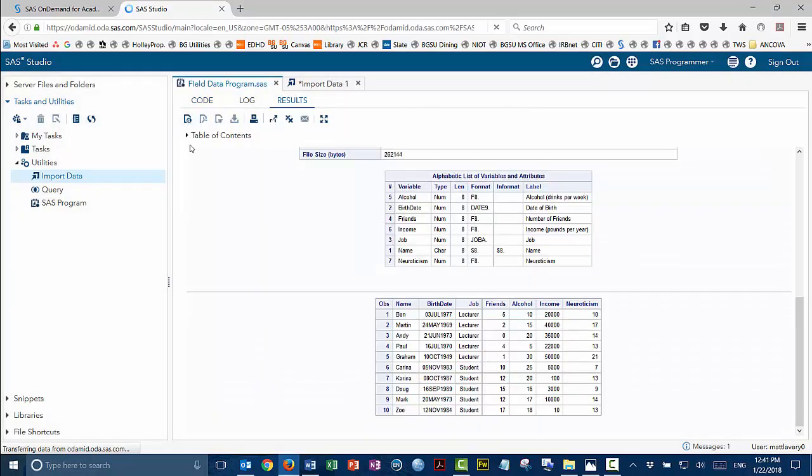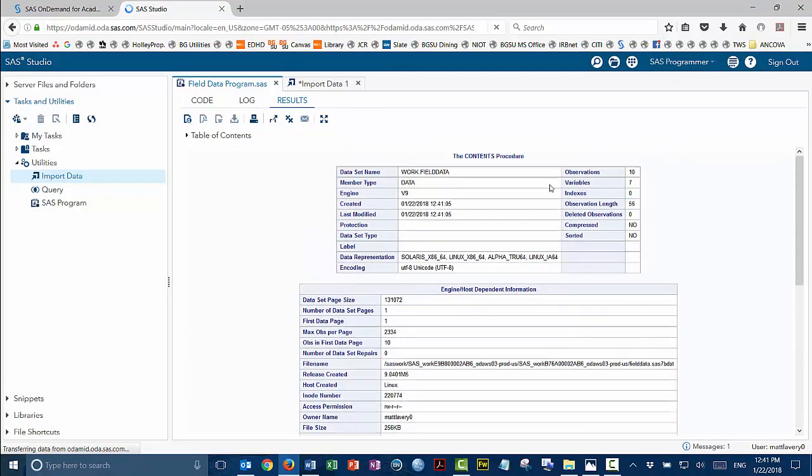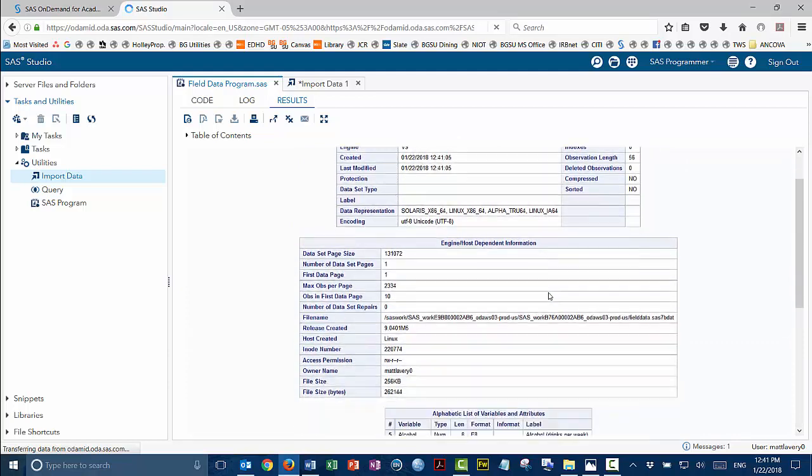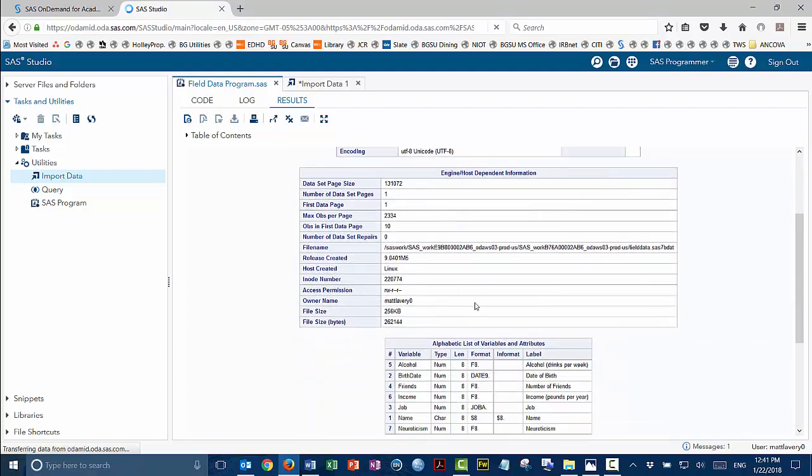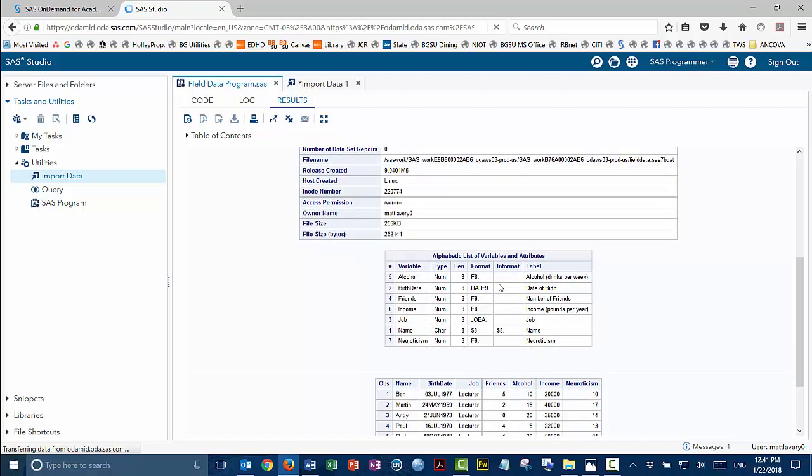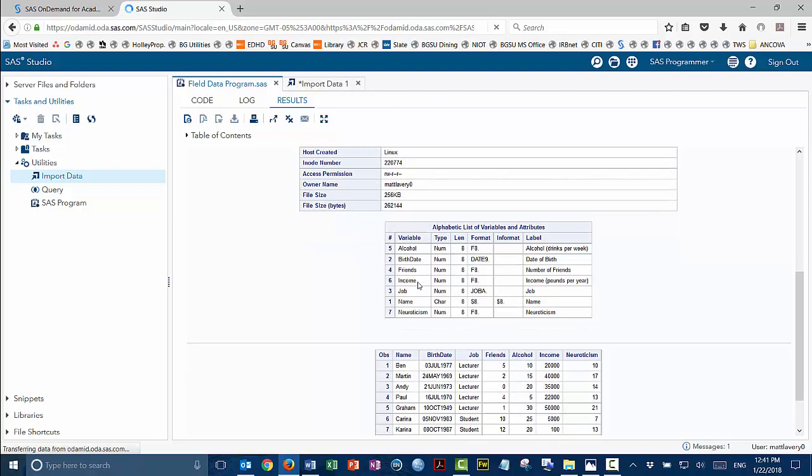All right, so it automatically comes to the results, and let's take a look at this. This tells me what it did. Here it sort of goes through some of the stuff that happened on the server, and then finally it tells us these are the variables that it read in, listed alphabetically, but the variable number is also here, so remember name was the first variable. And then it also decoded the format. It brought in the labels and the formatting from the SPSS file,